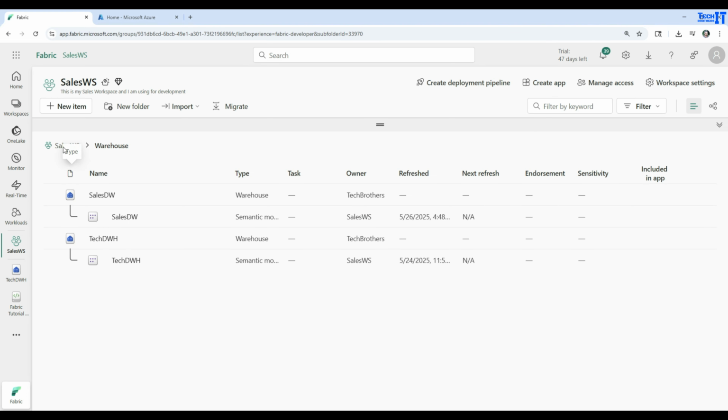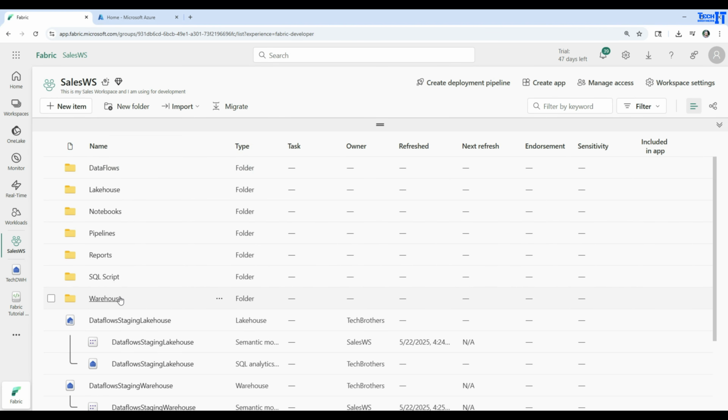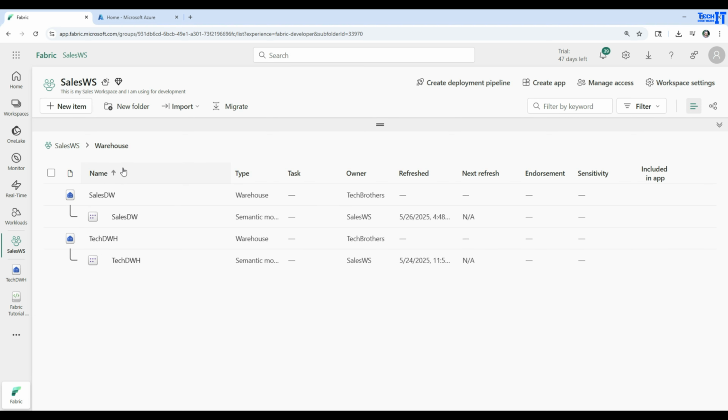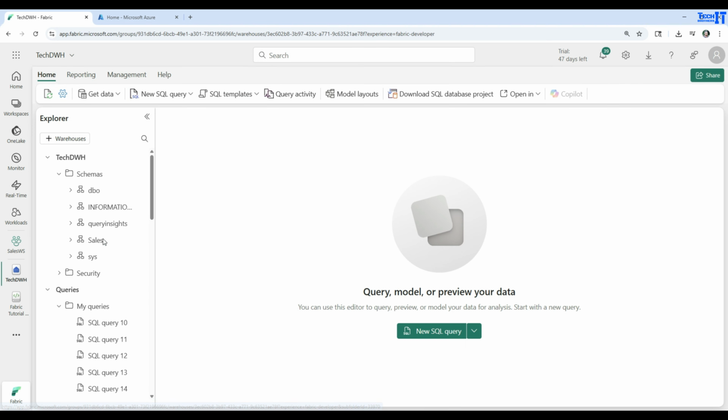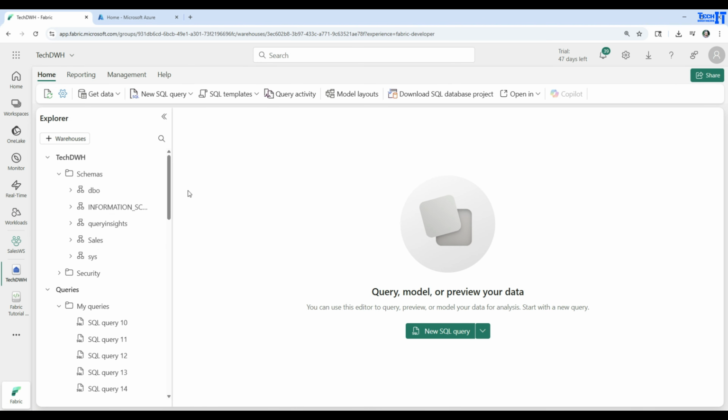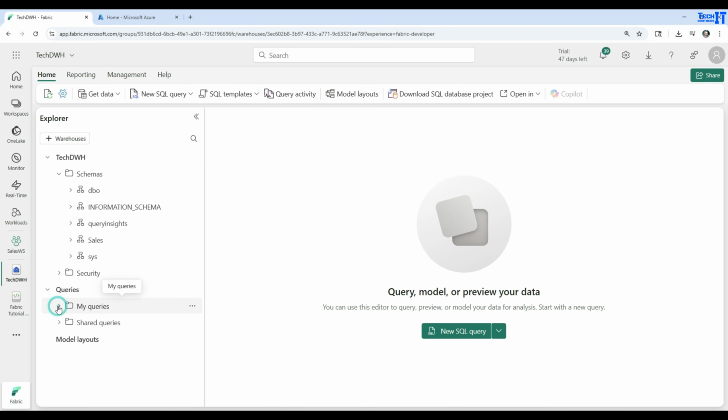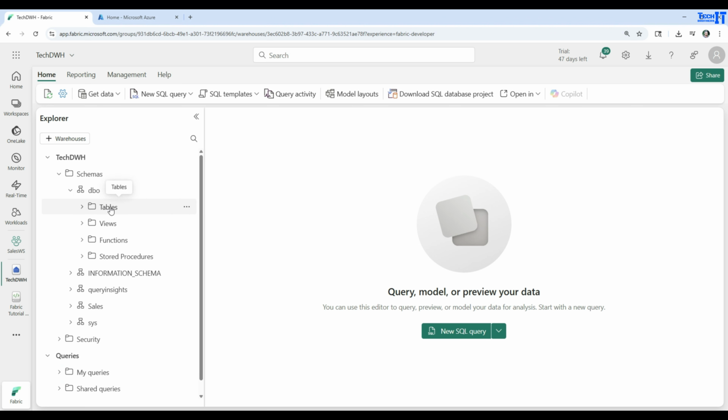workspace. And then we are going to go to a folder called the Warehouse. Under that, I have two warehouses, Sale DW and Tech DWH. Let's click on Tech DWH because that's where I have been creating tables for this demo. Now let's click on the schemas here, and we have a schema called the DBO here, and I have some